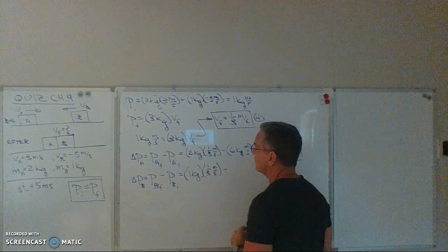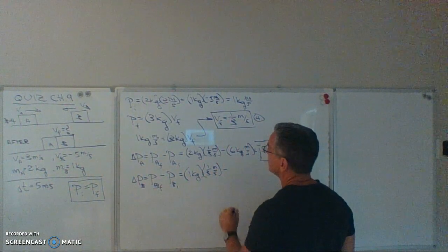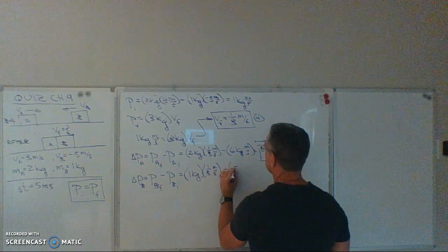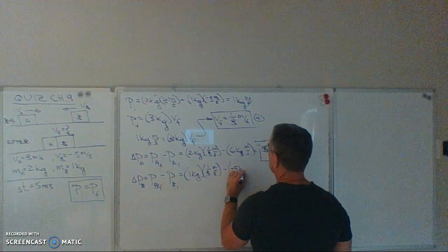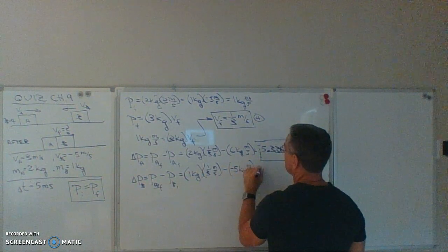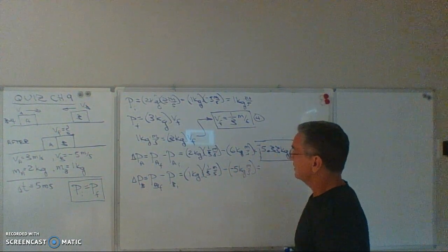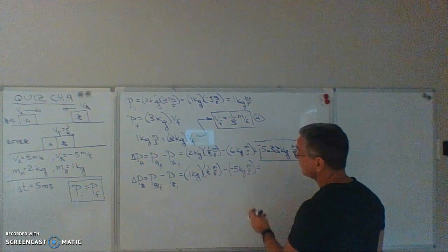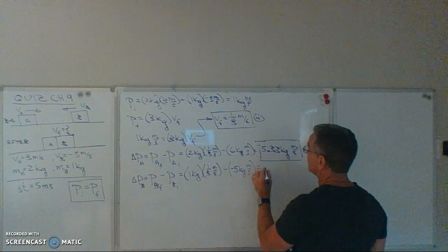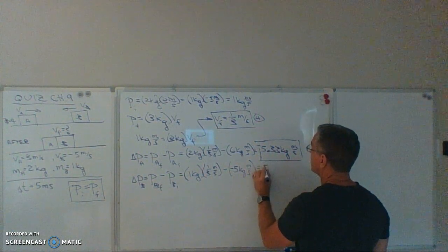Then subtract from that the initial momentum of block B, which was negative 5 kilograms meters per second. Remember, that's block B's initial velocity times block B's mass. The negative of negative is a positive, so it's going to be 5 plus 1/3, or positive